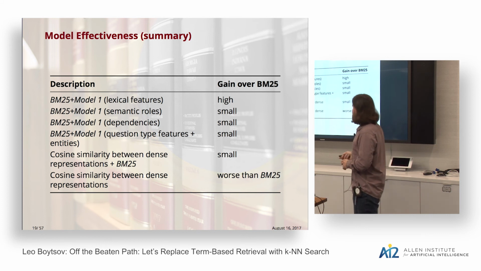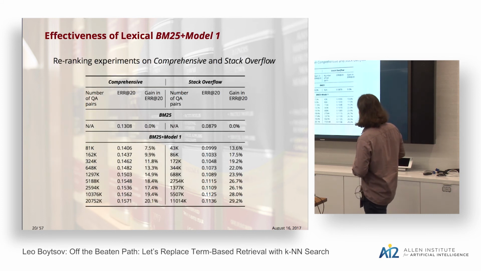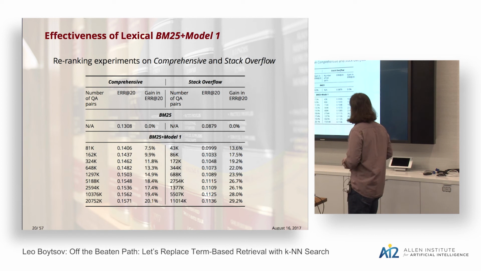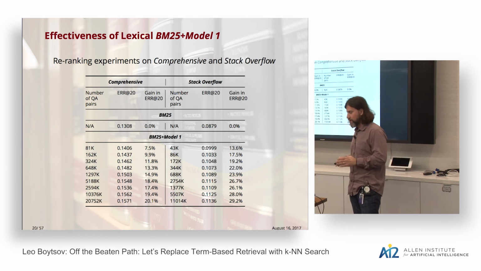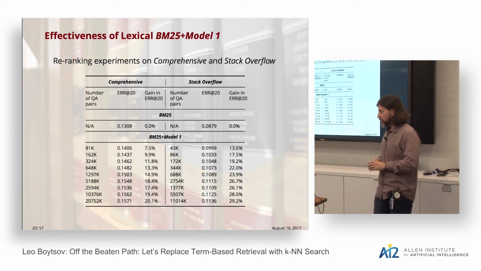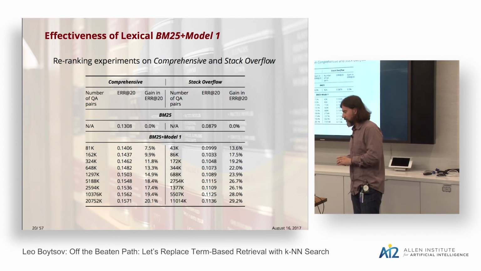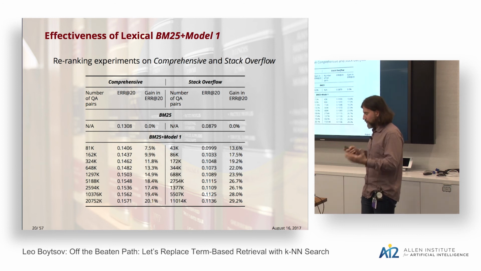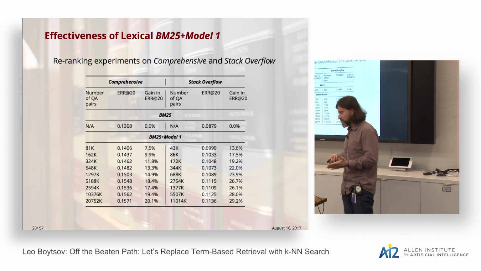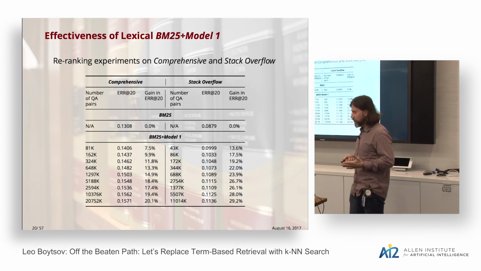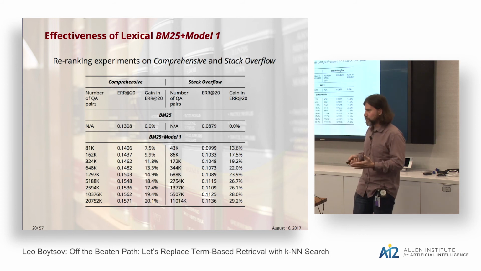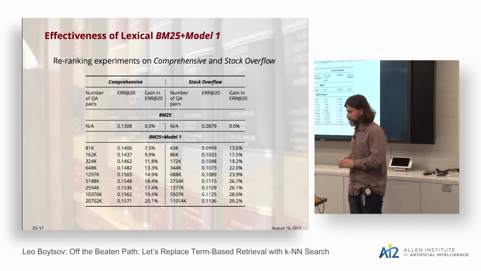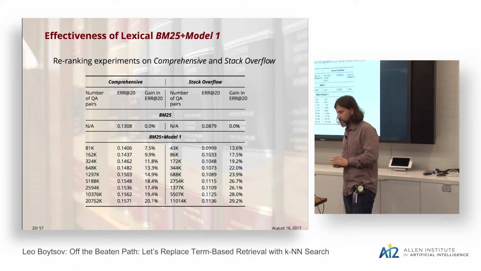Okay, so let me show you one set of results for the ranking experiments, because I think it's remarkable in the sense that I show you the difference in accuracy, the gains of accuracy you can get for parallel corpora of different sizes. I show you here because most publications use 100,000 question-answer pairs to compute Model 1. I believe that leaves a lot of performance on the table.